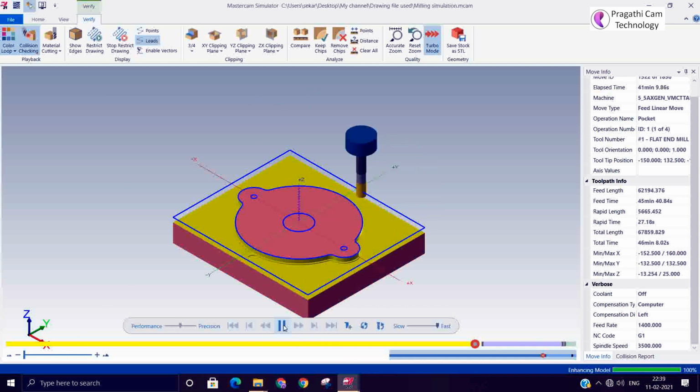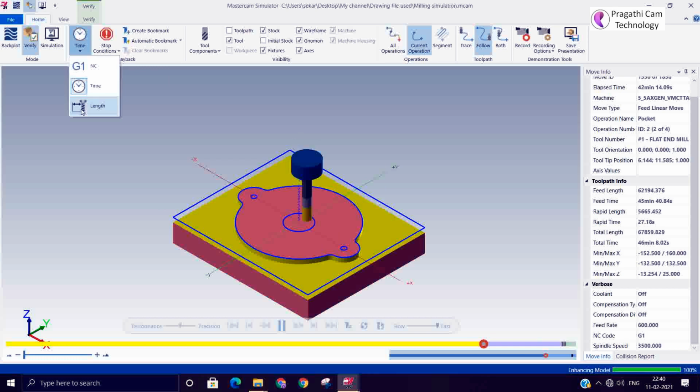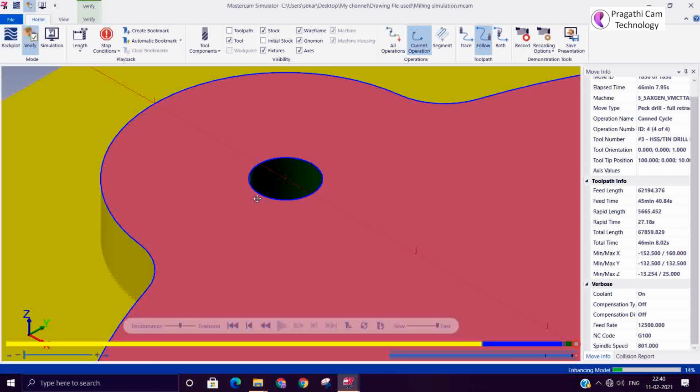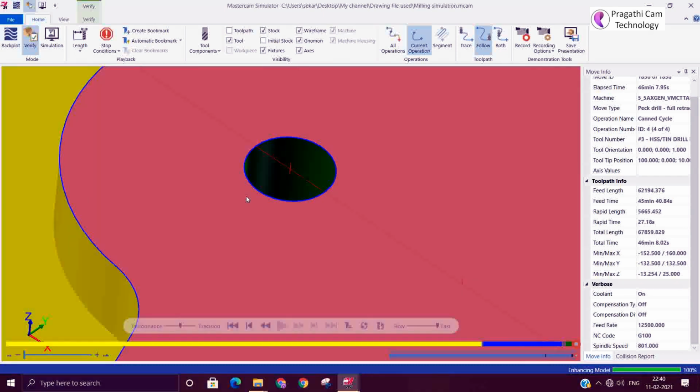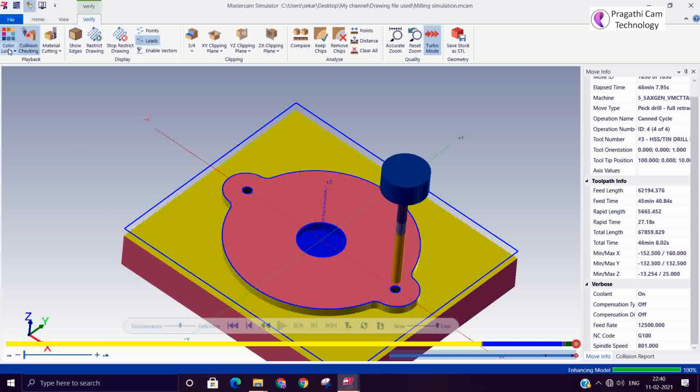If you are not switching it on, then everything will look yellow. Now you can see it shows in blue color, and the other operation is green. So each tool path will show in a different color. So this is the color display. The collision checking option is there. So when there is a collision, it will show in red color.